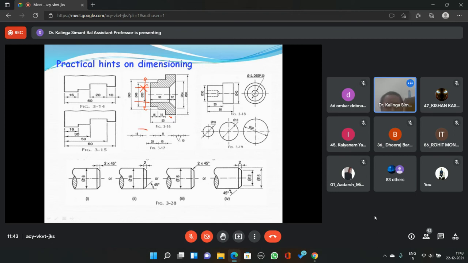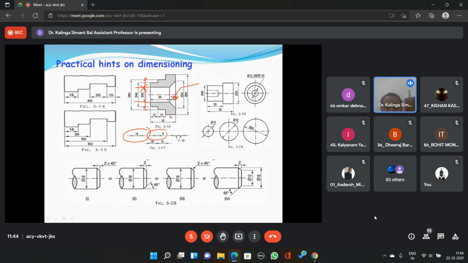The dimensioning of internal parts, how it is done. Sometimes it is very difficult to write the letters, or it becomes inconvenient to write the wording in between because the spacing is very little. For example, in this case it should have been 125 or 120, 1256, like this. We cannot write this way, so we have to extend it like this, and we should make sure that this doesn't come into the picture. We have to place the writing in such a way that we cannot make this one small with respect to everything; it has to be uniform.